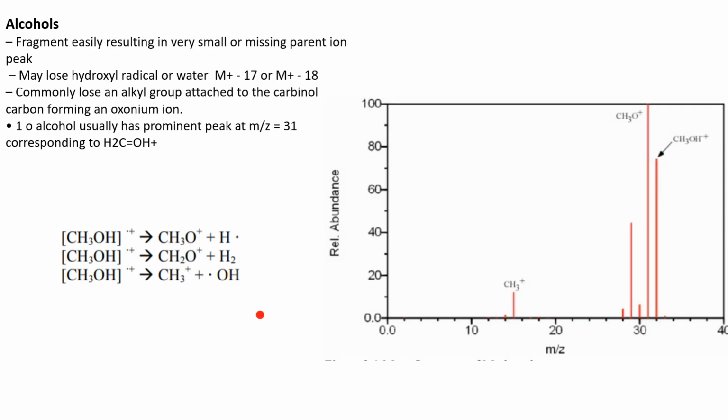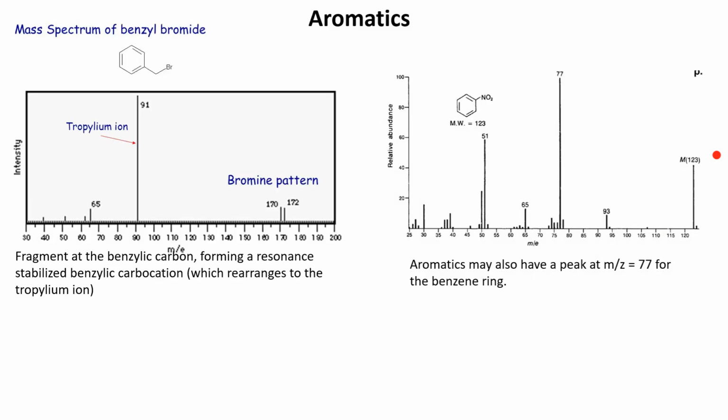Similarly, alcohols have an OH group. When they cleave, they may break in such a way that some stable group is formed, like water is formed. So m/e for water is 18. So that group is lost. An alkyl group can be lost. Hydrogen can be lost. And for most of the alcohols, this is the value that you generally get. So this is the fragmentation pattern that I've written over here. This is CH2OH, first H radical lost. This is the most stable base peak that you can get for alcohols.